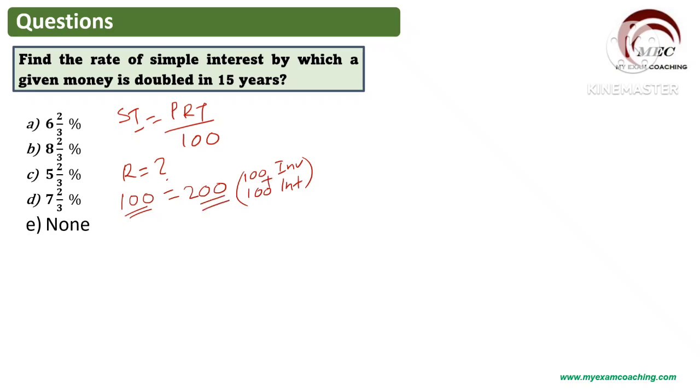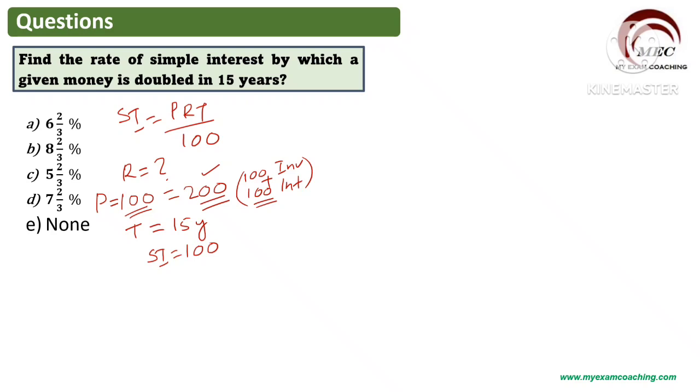And in how many years does it become double? The time is also given: it is equal to 15 years. So let us take the principal amount as 100 rupees and the total amount will be 200. That means the interest also will be equal to 100. So we got SI, simple interest, also 100 rupees because we are investing 100. You can take it as 1 rupee, 10 rupees, 100 rupees, 1000 rupees, or you can take it as P, 2P, like that. Any method you can do.